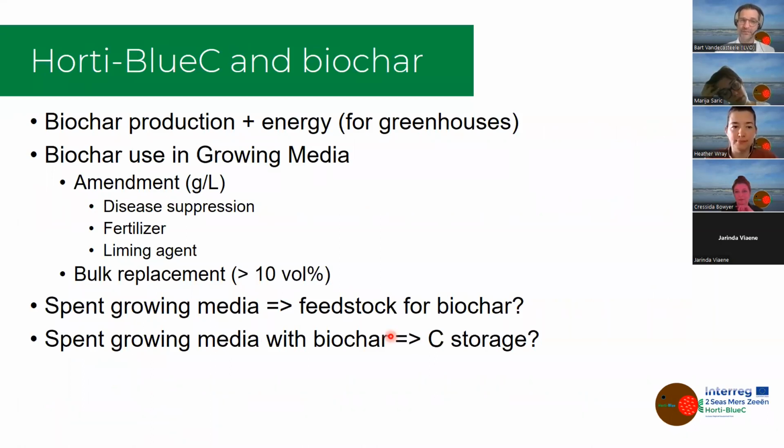The first way was to use it in small amounts. So we talk about grams per liter, in terms of increasing disease suppression, or to use it as a fertilizer or as a liming agent. On the other hand, we also used biochar as a bulk replacement, so in larger volume percentages in the growing